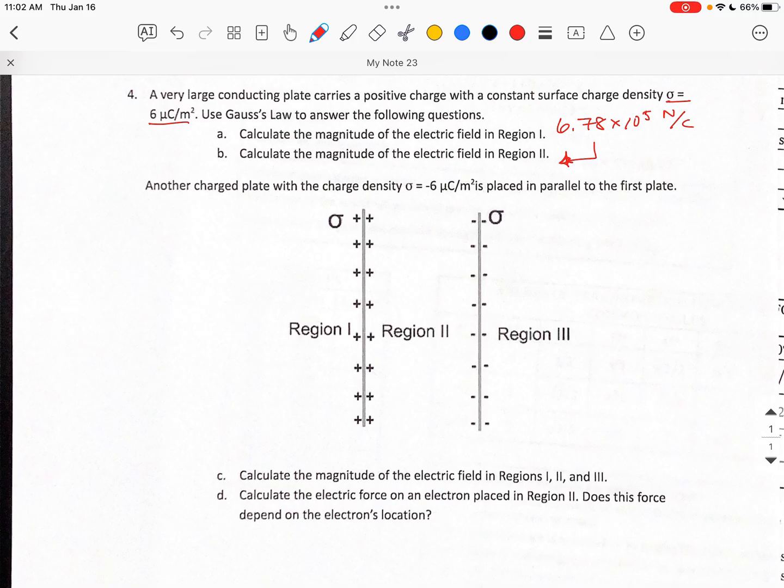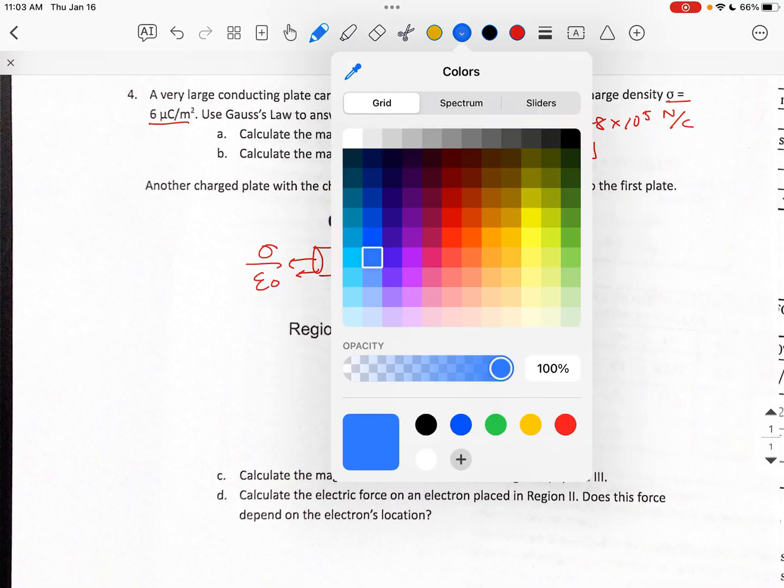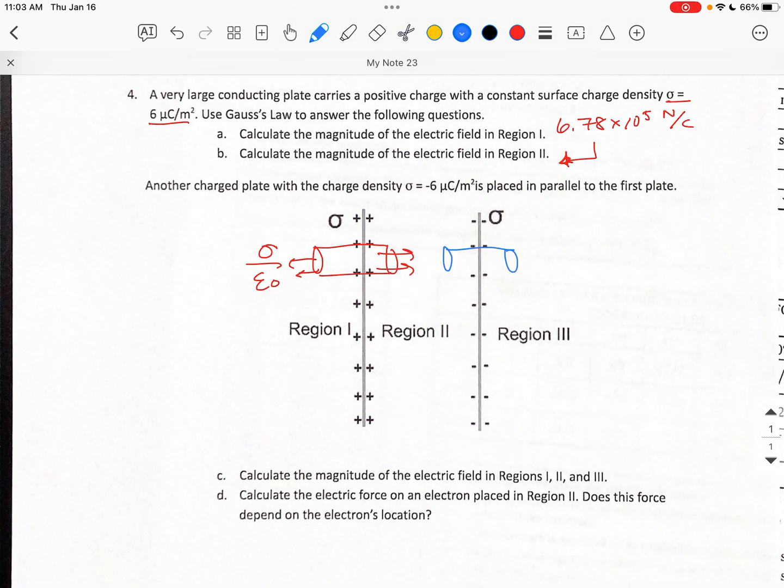So they're equal and opposite charge, and what we want to think about is that if one plate gives me an electric field of sigma over epsilon naught on this side, I also know it's going to be sigma over epsilon naught on the other side, and then for this negatively charged plate, we're also going to get, and the arrow there should be in toward the negative,